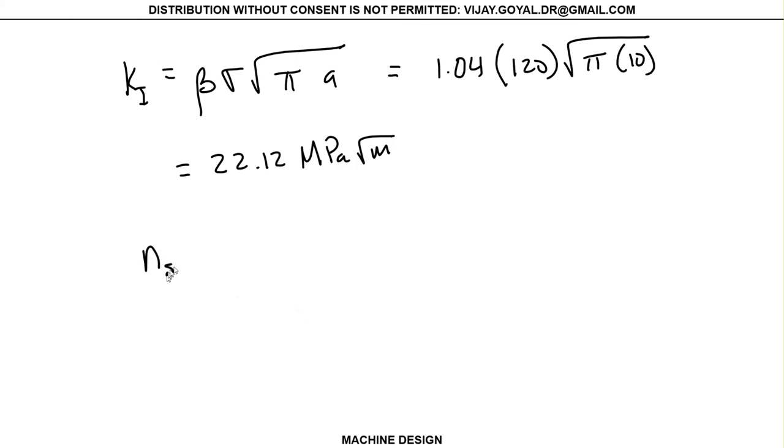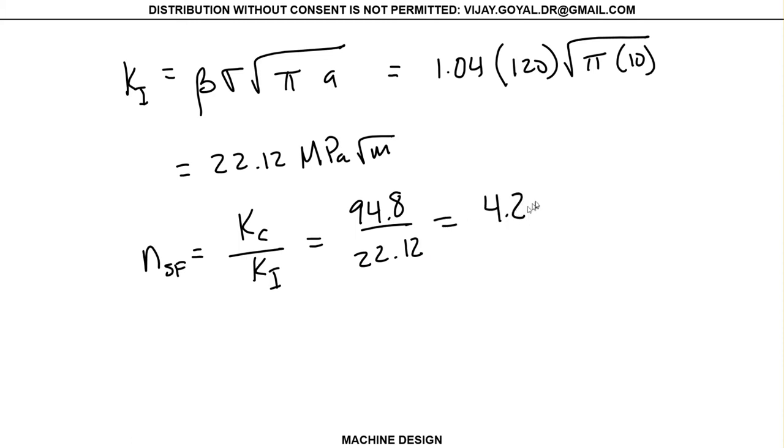Your factor of safety then would be your KC divided by KI, which is 94.8 divided by 22.12, which will give you 2.29. And once again, you can see that this is bigger than 1,